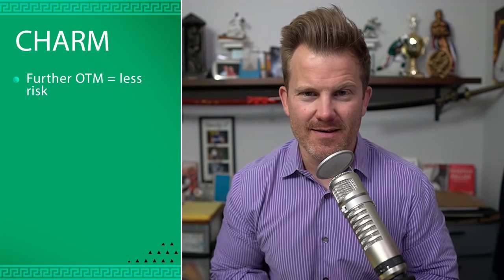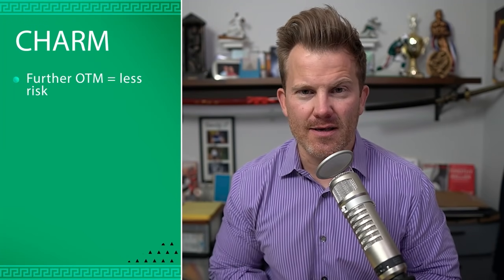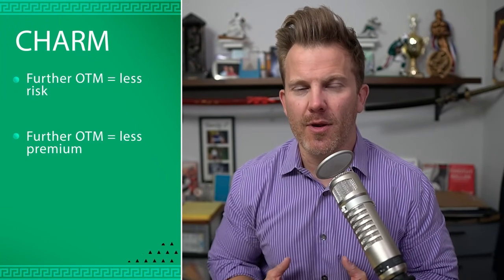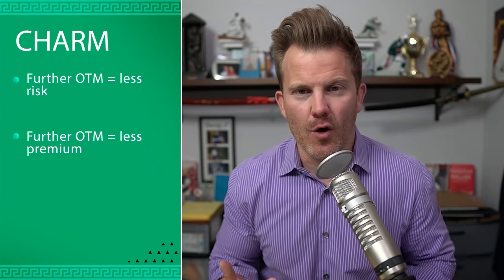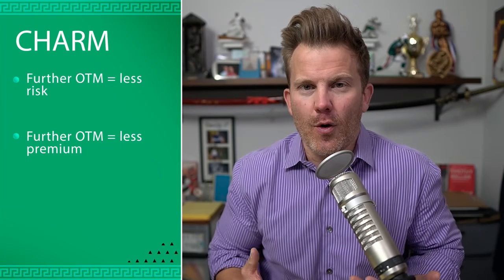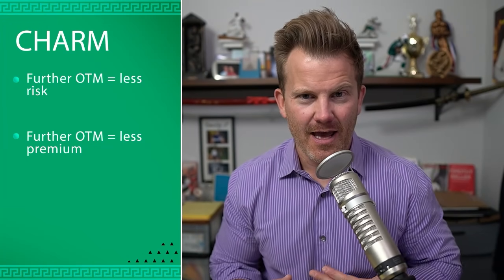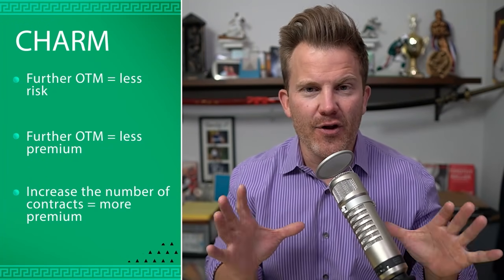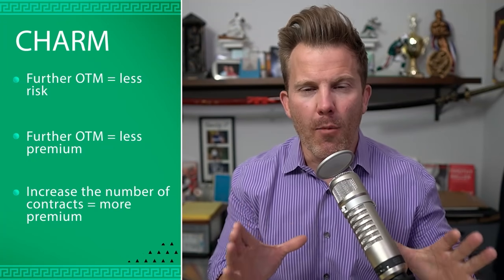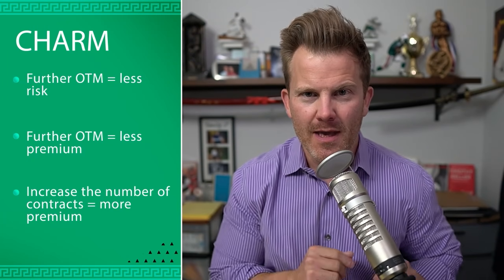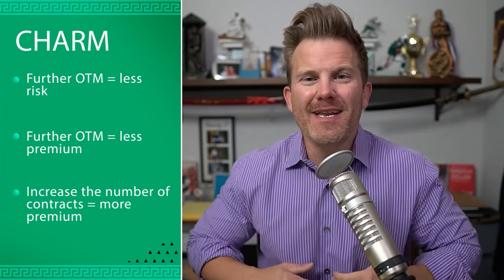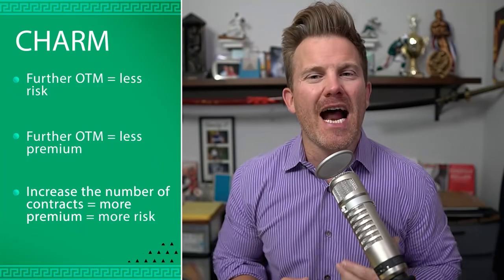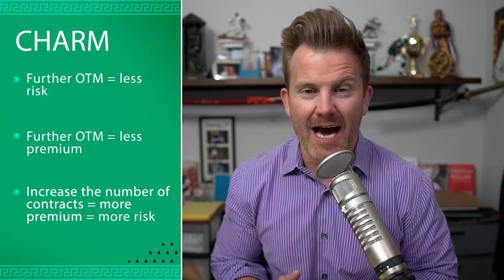The problem is this. Those lower delta strikes, those further out of the money options, they're going to have lower premiums. So what are you very likely going to do? What are you very likely going to consider at least? Adding more contracts, upping your trade size to give the position more economic significance. In doing so, you will be taking on more risk. You will be taking on more risk that you might not even realize that you are taking on,